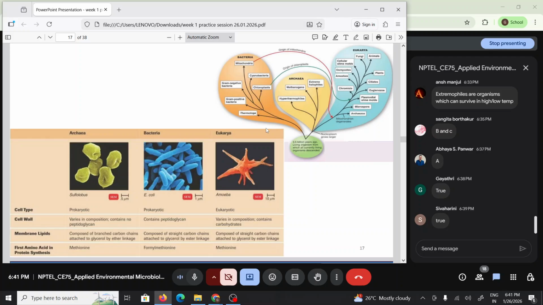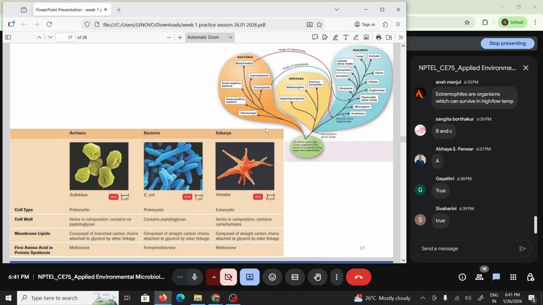And the membrane lipids are branched carbon chains, and they are attached to glycerol by ether linkage in archaea, whereas in bacteria the chain is going to be straight, and it's going to be attached to the glycerol by ester linkage. So it's ether in archaea and ester linkage in bacteria. And one more difference is that the chain is going to be branched in archaea, whereas it's going to be